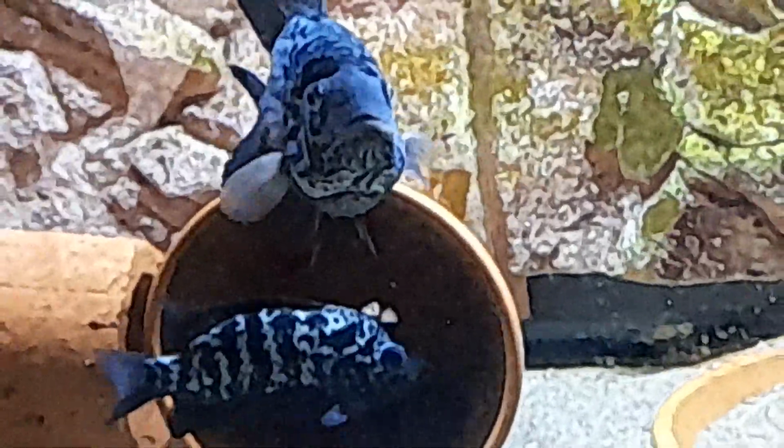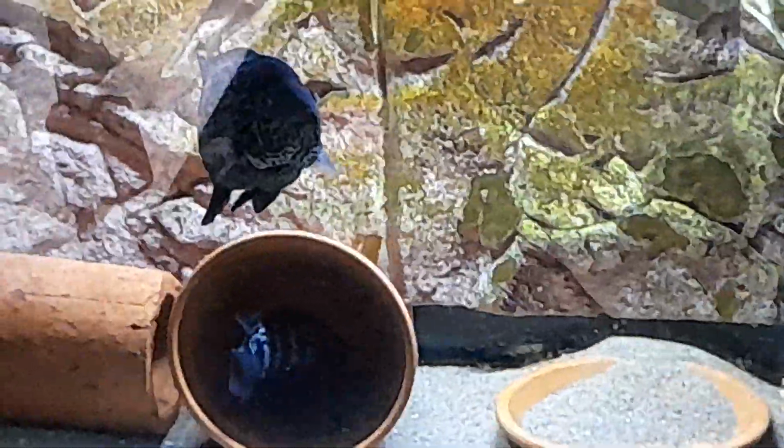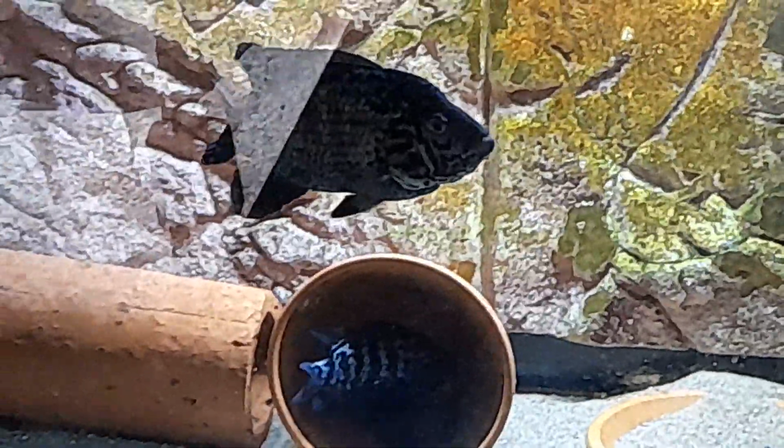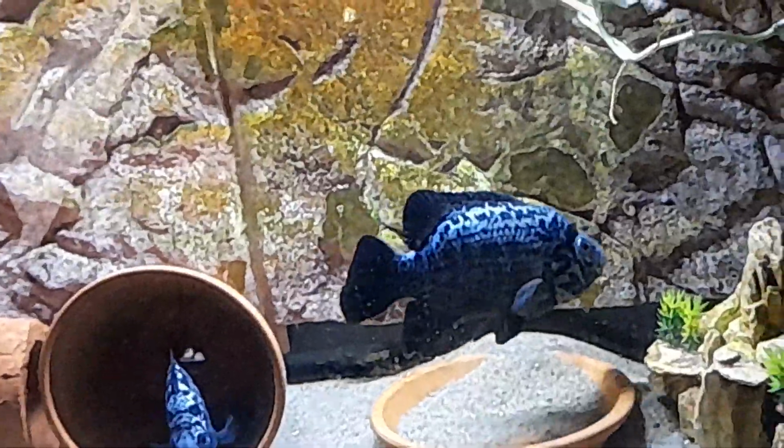But yeah, these are taking a while now to grow on. I'm surprised as it goes, but it's probably my own fault for spawning them because it does slow their growth down. But the male now is way over 10 inch. Well, the reason I say that is because when I moved a load of fish around the other week when I got the 8 foot in,